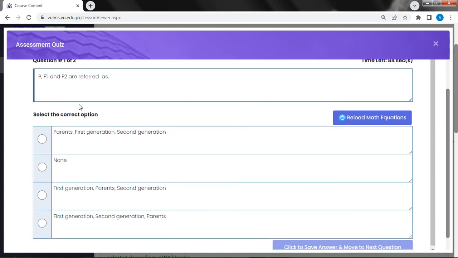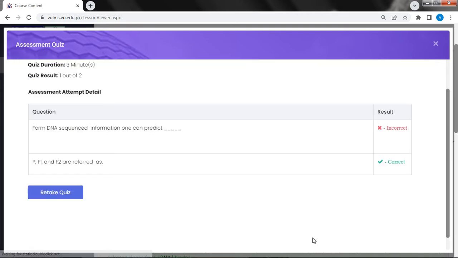चलें जी, इसको पढ़ लेते हैं। F1 and F2 आर रेफर्ड एज पेरेंट्स, F1 जनरेशन, सेकेंड जनरेशन, नॉन फर्स्ट जनरेशन पेरेंट्स, तो ये पेरेंट्स वाला ट्रू है। फ्रॉम DNA सीक्वेंस इंफॉर्मेशन वन कैन प्रेडिक्ट प्रोटीन सीक्वेंस एंड स्ट्रक्चर, प्रोटीन इंटरेक्शन, प्रोटीन प्राइमरी स्ट्रक्चर ओनली, ये सब हो सकता। ओके, तो अच्छा ठीक है। उसके बाद हम रीटेक कर लेते हैं,